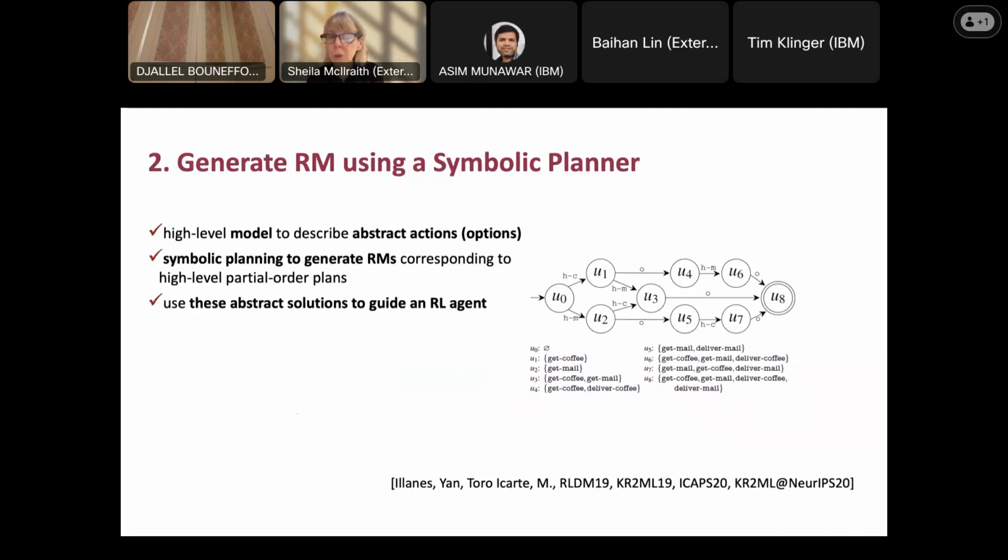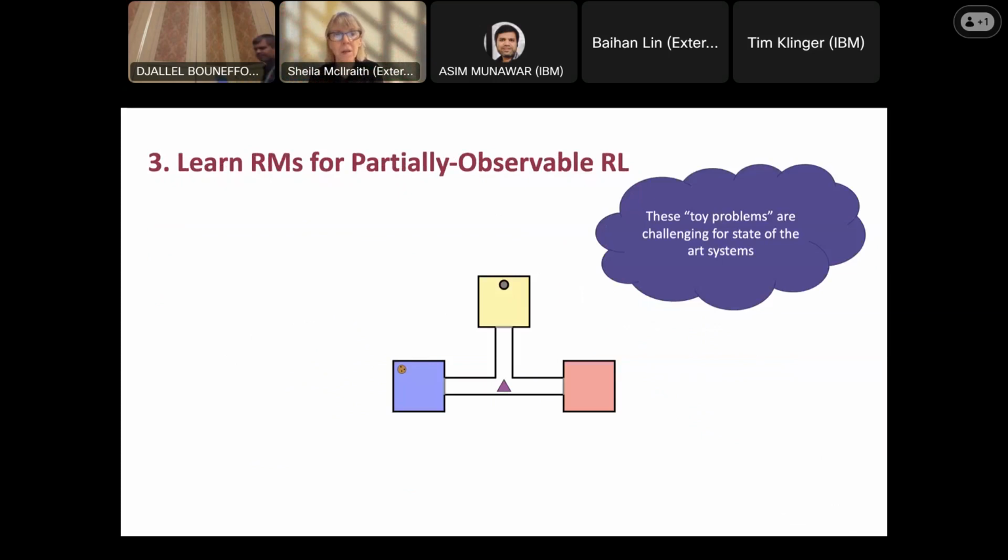We can learn these things through high-level symbolic planning, where we generate a set of instructions, or we can use a large language model to generate the instructions, and then use an automata and rewrite them as a reward machine, as we've done in some of our work. And we can also learn them. I'm not going to be able to talk to you about this, and we can use them as memory. This is very interesting work that perhaps you can read about on your own sometime.